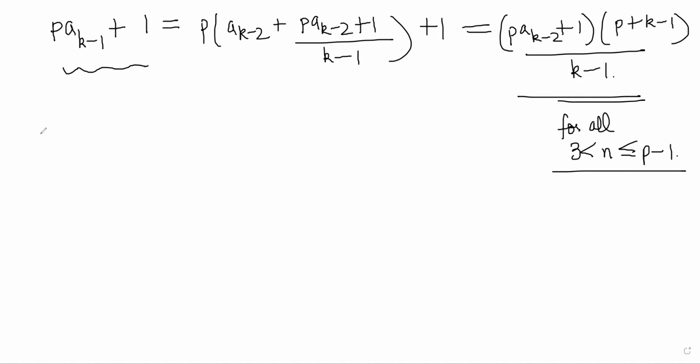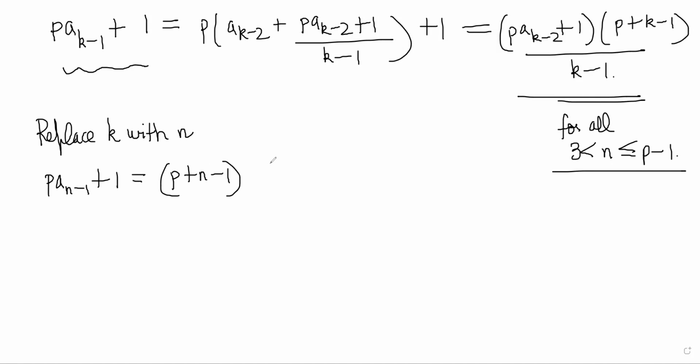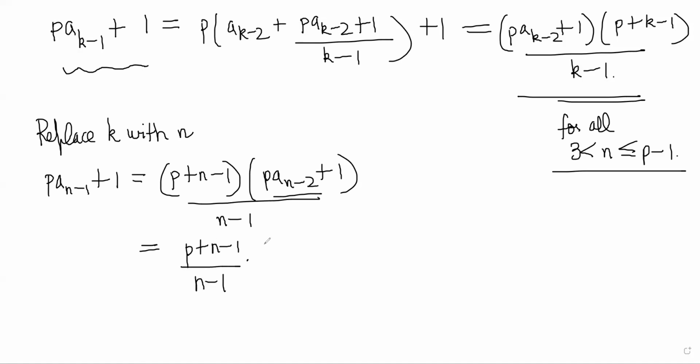Now, in this expression, we replace k with n. So we are getting p a n minus 1 plus 1 is equal to p plus n minus 1 into p a n minus 2 plus 1 by n minus 1. And now we focus our attention on this term. We get p plus n minus 1 by n minus 1, and we write this term by using the original definition of a n minus 2. We can show that this will be equal to p plus n minus 2 by n minus 2,